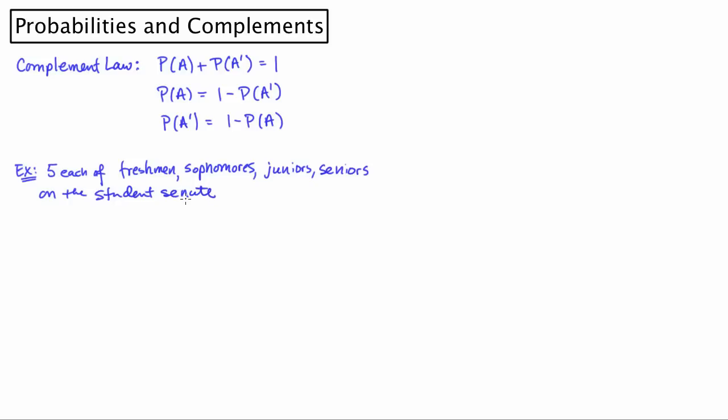And I'm going to suppose that 3 are chosen for a subcommittee. Let's say to plan homecoming. 3 are chosen for homecoming committee. The question that I want to ask is, what is the probability that there's at least one freshman